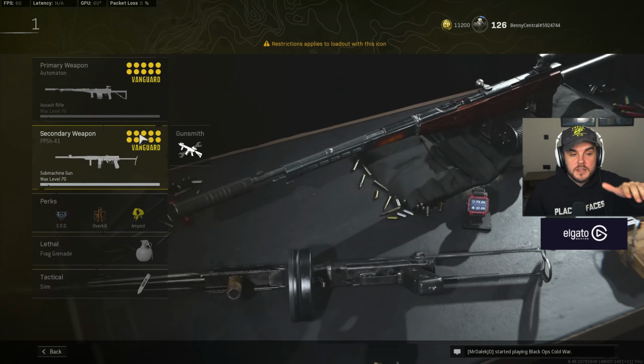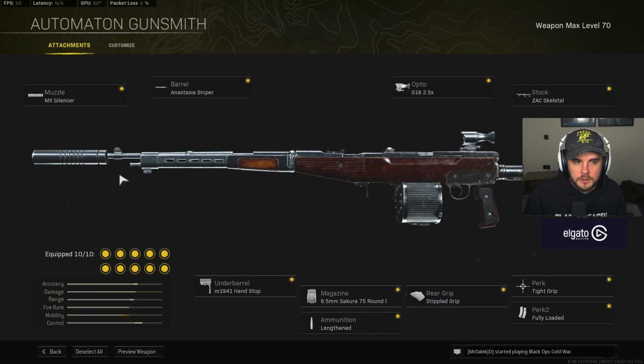It's insane. But with the PPSH, I pair it with the Automaton, which is the MX Silencer, Anastasia Sniper, G16 2.5 times optic, the ZAC Skeletal stock, tight grip, fully loaded, stipple grip tape, the 75 round drum, lengthened, and then the hand stop. Honestly, this is just a straight laser, one of the best mid to long range assault rifles in the game,